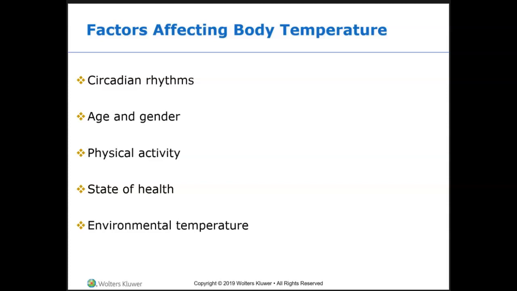And then core body temperature decreases as you age. As you get older, it becomes harder for your body to control its temperature because of the decrease in your subcutaneous tissue, right? Your fat. Thus, this leads to heat loss through the skin. That's why elderly people get cold all the time, right? Again, therefore, a decrease in the amount of fat below the skin makes it harder to stay warm. That's why we tell the older generations, elderly patients, to wear layers of clothing to keep warm, right? They can take it off if they get hot or warm, but then they do need it because they don't